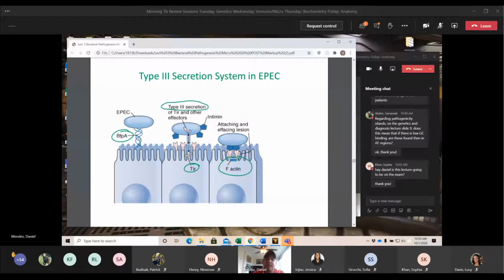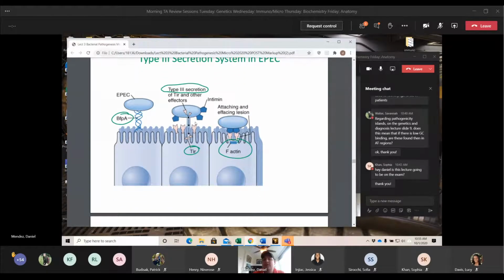So we have the initial contact here. This initial contact allows us to create this tube through which we then send the TIR effector. The TIR goes from the E. coli into the host cell, and from inside the host cell appears as receptors on the outside, then binding other moieties on the outside of the E. coli to give an increasing interaction. From this increasing interaction, the E. coli can then go through and destroy these host cells. So this TIR is allowing it to interact with the host cell more, to then allow the E. coli to go through its process and actually destroy the host cell.